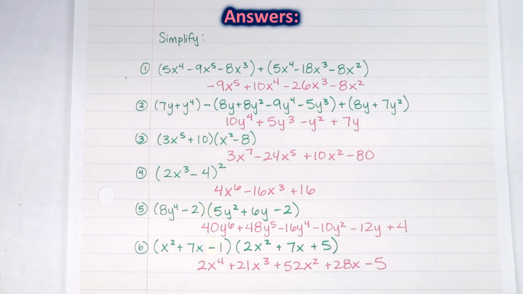Here's the complete list of all the answers to the practice problems. For problem number 4, make sure you don't distribute this exponent since you have two terms in this parentheses. You've got to multiply it by itself, so write it twice and then multiply it out like how you did in problem number 3. I hope this helped you get a little more practice with adding, subtracting, and multiplying polynomials,